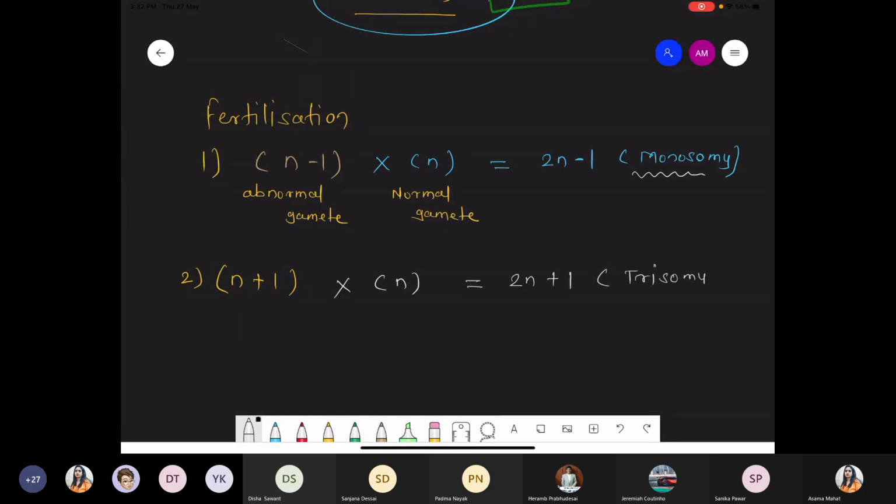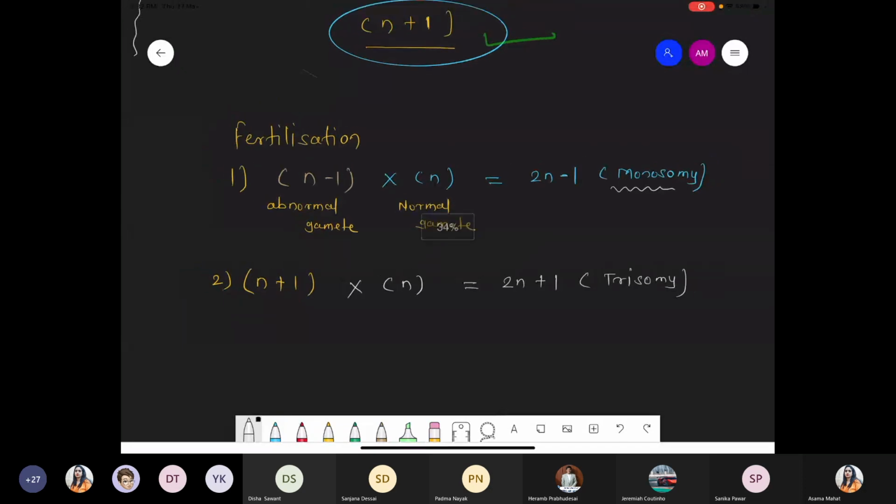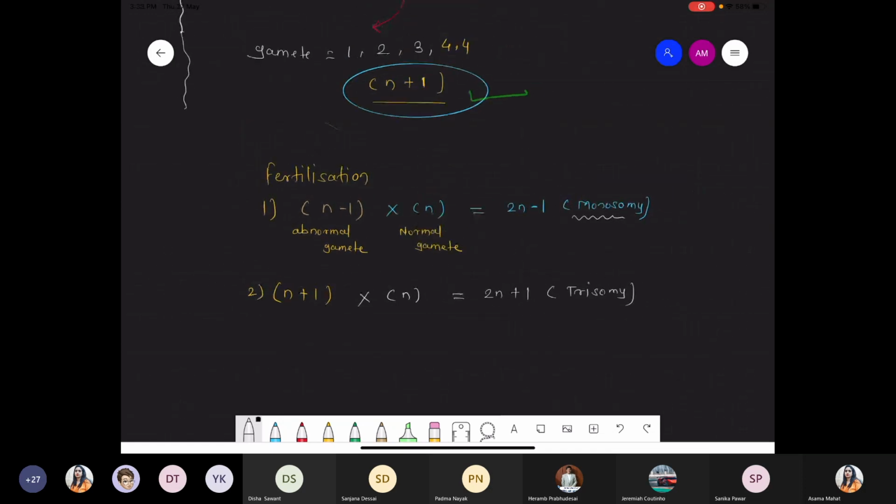So whatever organism is produced may be monosomy or trisomy, and it is due to abnormal meiosis. Due to abnormal meiosis, there is no equal segregation of chromosomes. So one gamete obtains an extra set of chromosomes, another gamete obtains a smaller set. If randomly, accidentally, those gametes fuse and fertilize, the progeny produced may have a loss of chromosome, that is monosomy, or a gain of chromosome, that is trisomy. Got it? This is the entire information about aneuploidy. Any doubt?